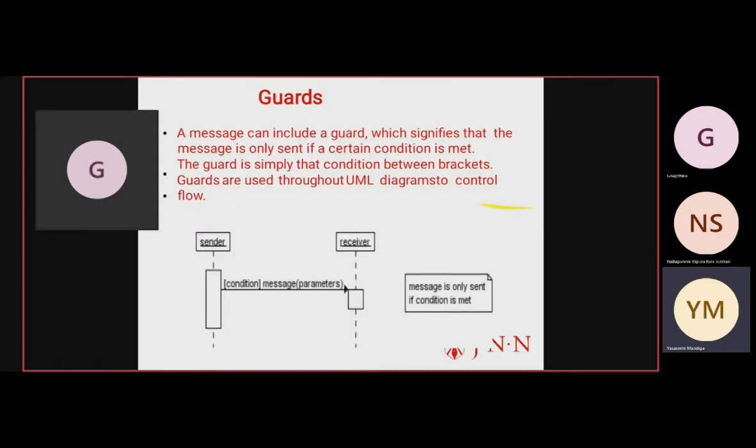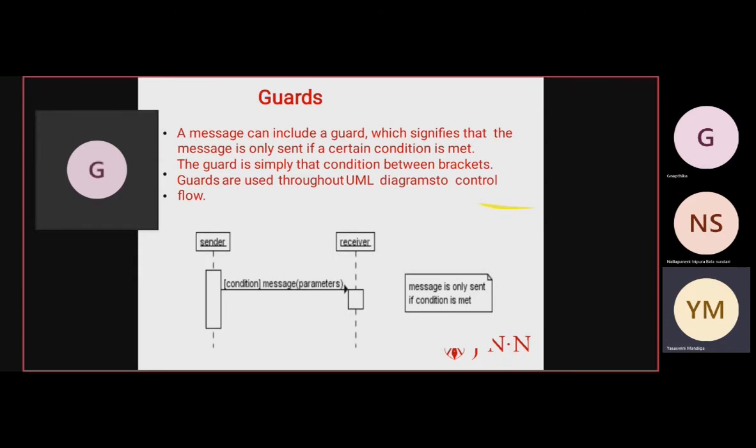So coming to the guards point of view, we have the register, the accounts receivable, and the drama. From the register point of view, I'm passing the message get past due balance of a student. How am I going to find the past due balance? Through a student ID. After that, I'm going to send the request for finding the past due balance. Then I'm going to receive the past due balance from the accounts receivable.